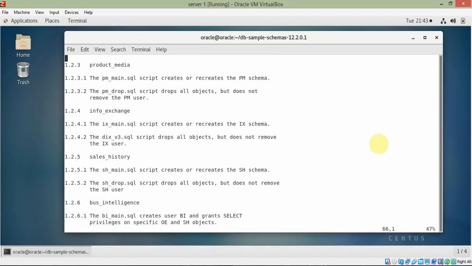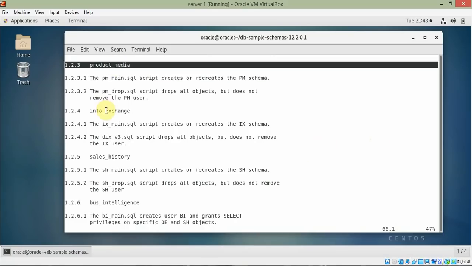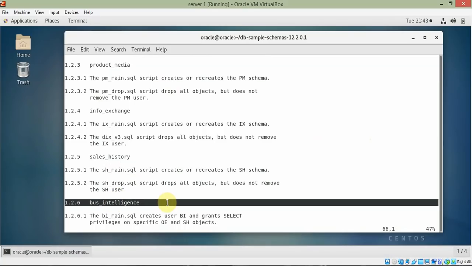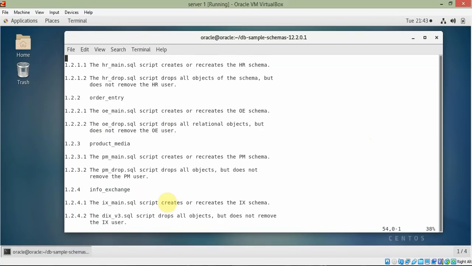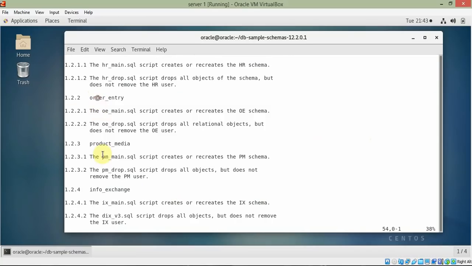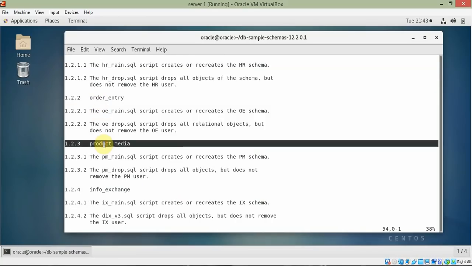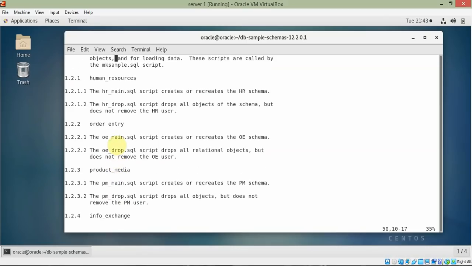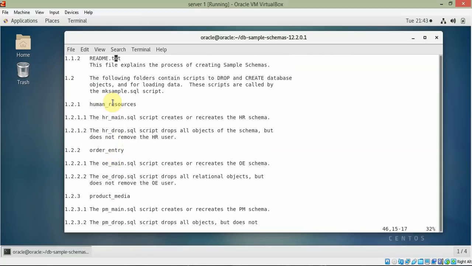And what are all the schemas: we have product media PM, information exchange IX, sales history SH, business intelligence BI, right? These are sample schemas. We have order entry OE, product media PM, information exchange IX, and human resources HR.